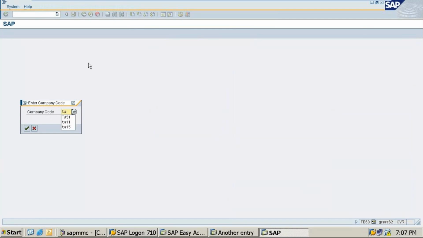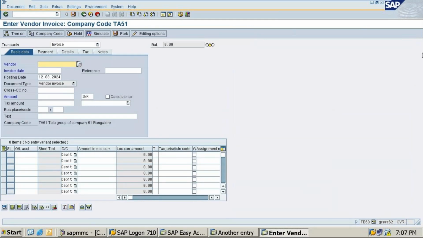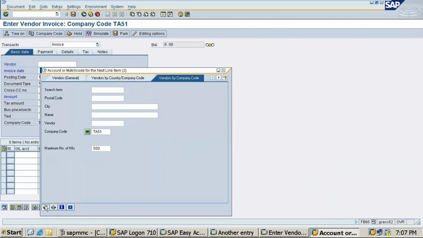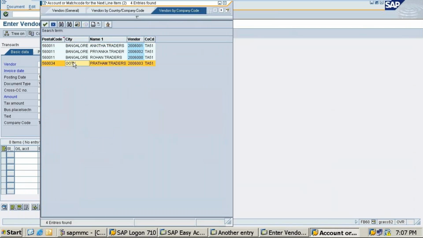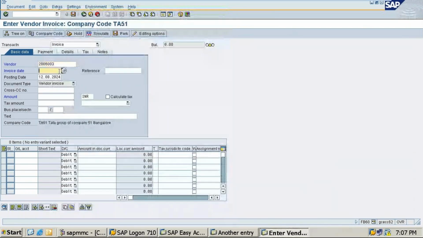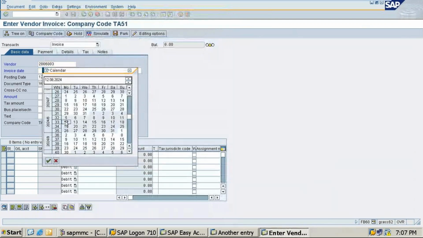I'll show you then. Have you created for Tamil Nadu? Yes, ma'am. So select this person which you have created for Tamil Nadu. I have taken for Uti. Invoice date I have given this 12.